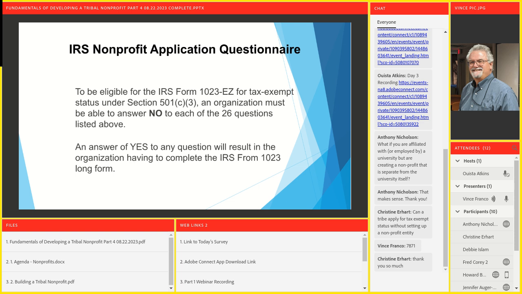But on a practical basis, the problem is that the philanthropic community as a whole across the United States, on the public side and on the private side, simply don't understand what a 7871 sovereign nation nonprofit status means. What they do understand and what they accept is the traditional classification of nonprofit as a 501c3.